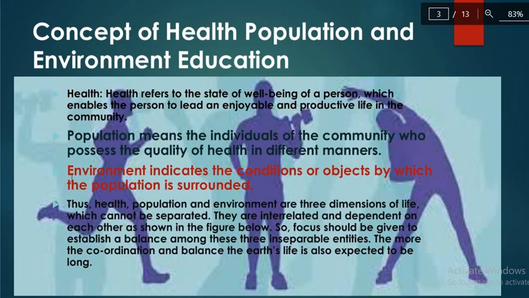For example, you are living in your room. You are surrounded by your bed, table, rack, walls of your house or room, and outside of that there may be some plants, some trees, and within your room there is air which is not seen, that is also your surrounding. All things, living and non-living, come under the environment.